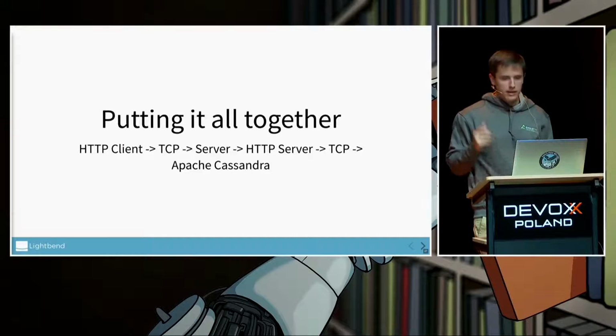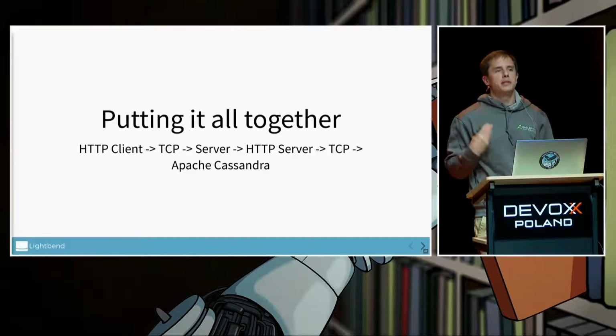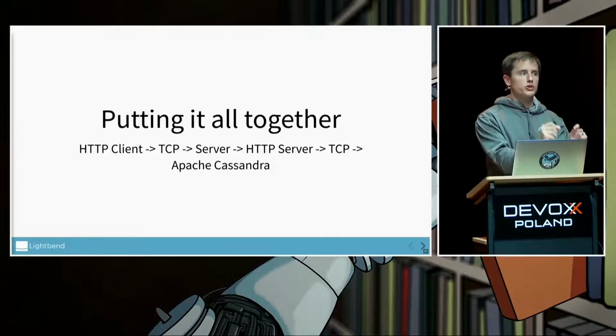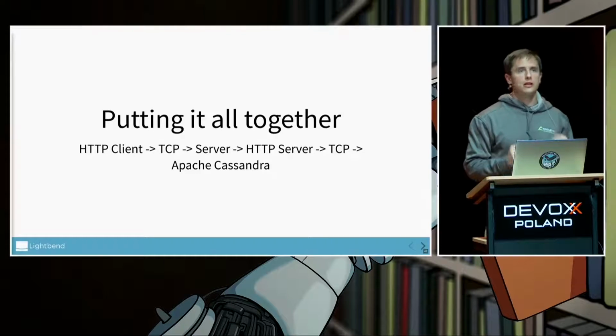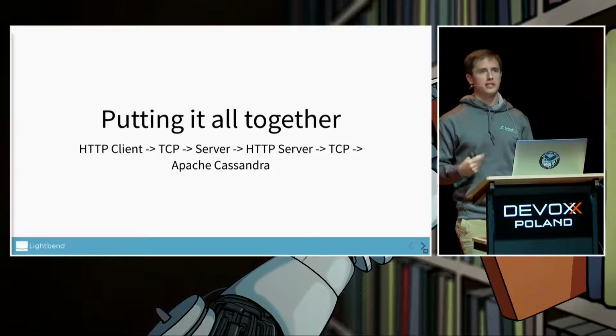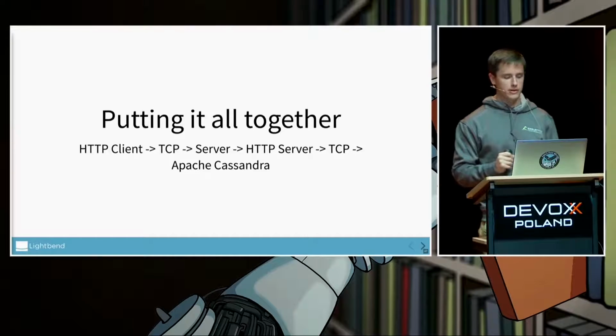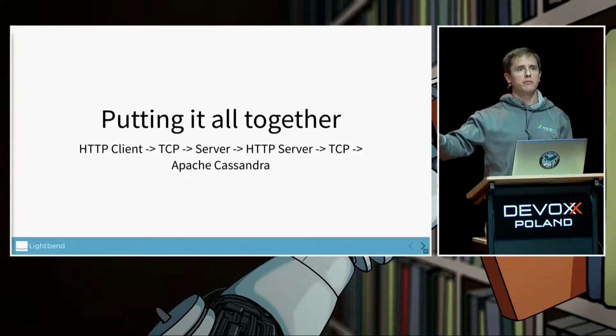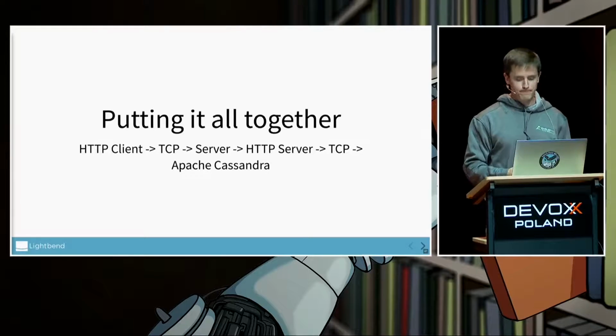So it's about time we put all this together. The example is going to be an HTTP client talking over TCP to an HTTP server, talking over TCP to a database. And what we're going to be able to do is control how quickly the client is consuming the data. So it's going to be a very weird client. It's not just going to be a load test tool doing it, or it will be for the first one, but not for the second one, so that we can see that our client, our server application and our database stop doing things when we stop doing demand.